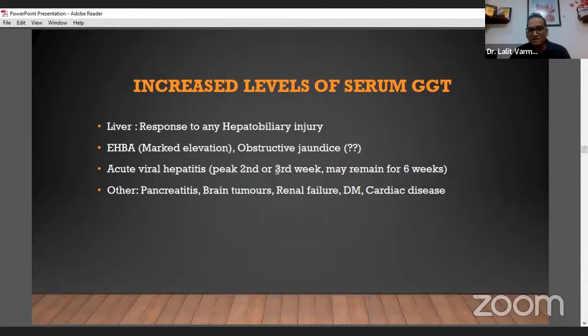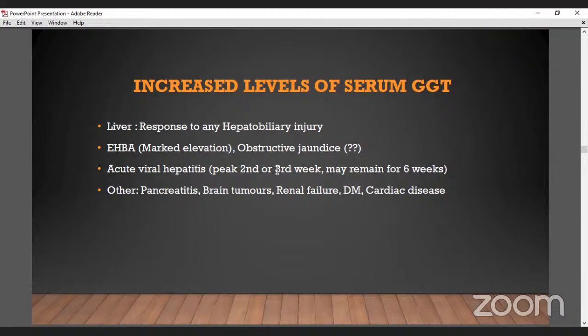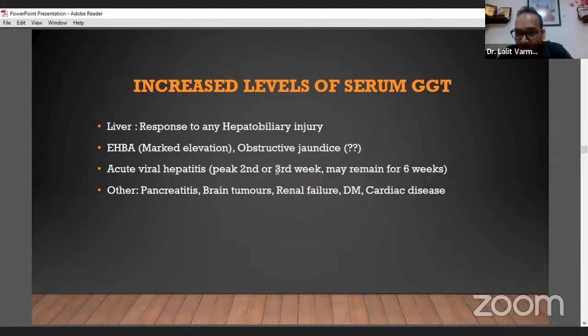Any other causes of obstructive jaundice? Anyone wants to pitch in, in a pediatric population? Throw in anything. Biliary atresia is one. Probably we have also diagnosed one. A choledochal cyst. Perfect. That is what I wanted to hear. Choledochal cyst, and sometimes even choledocholithiasis, a big size stone, can also do this because it will block your duct and even the ampulla, and sometimes we see very high levels of GGT.